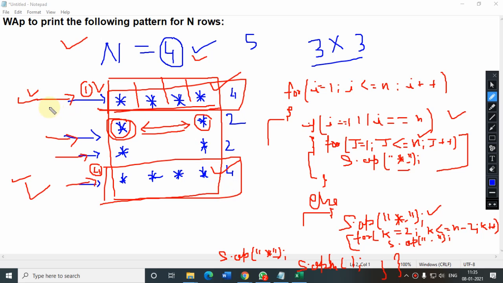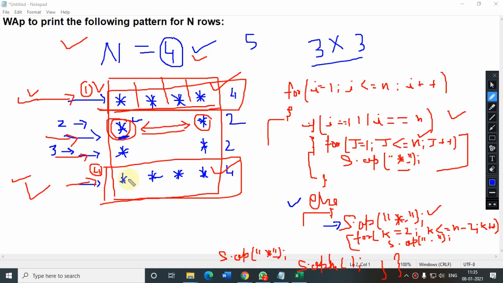So now the else will execute. When the else will execute, in that case, the value of i would be 2 and 3, right? Yes, sir. So in this case, first of all, we are printing the asterisk. So you are getting this asterisk, right?